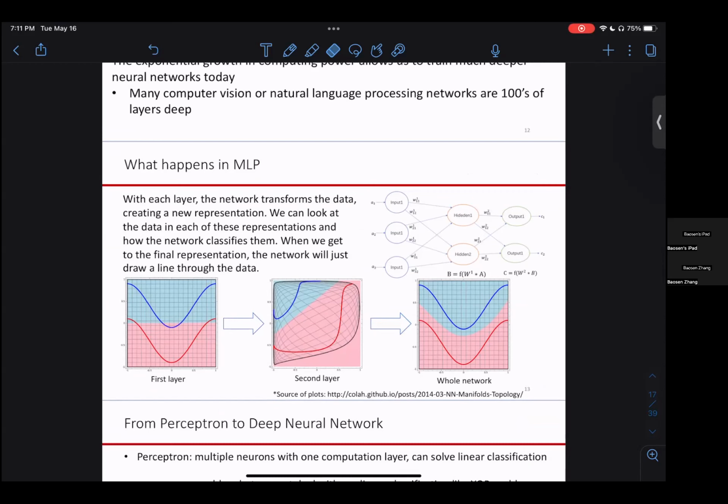There's no linear separator you can have for blue and red. Basically, you cannot draw a line that completely separates these two curves. That's not possible. This is the best line you can draw, but it still gets some parts of the curves wrong. So what can you do? Well, after the first hidden layer,